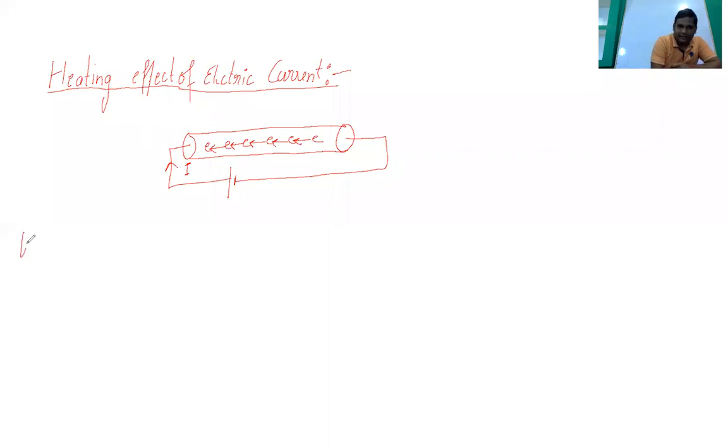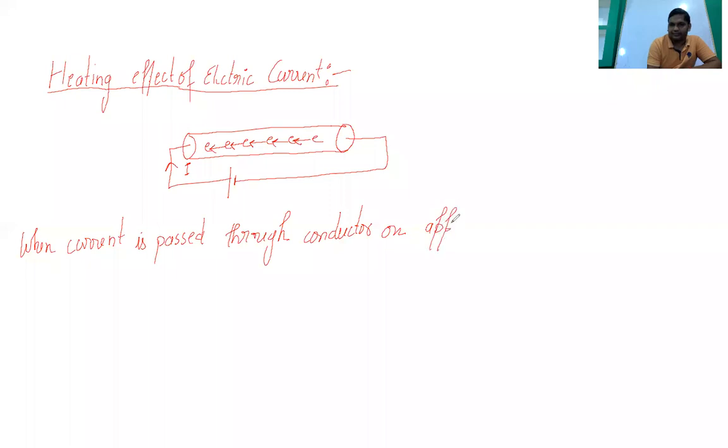So when current is passed through a conductor on applying potential, then due to collision of electrons,